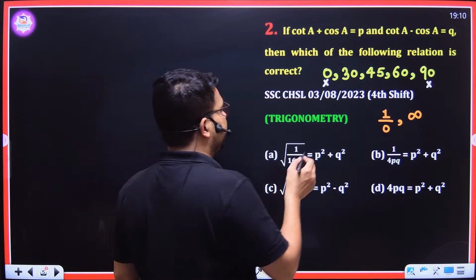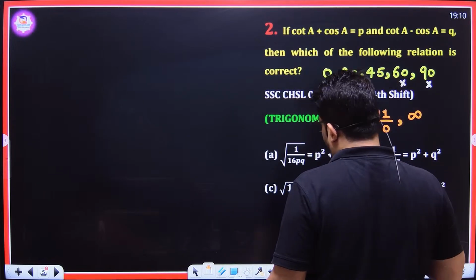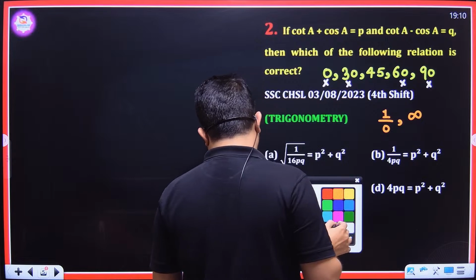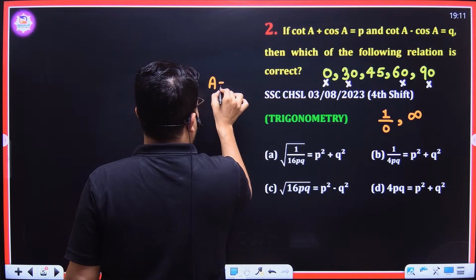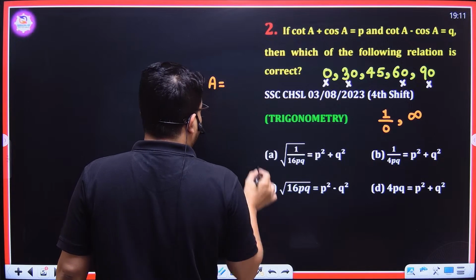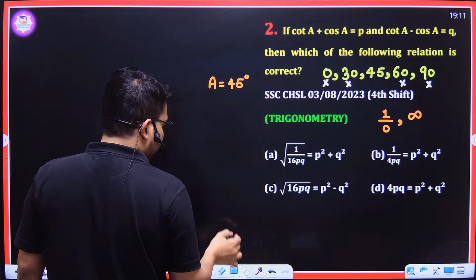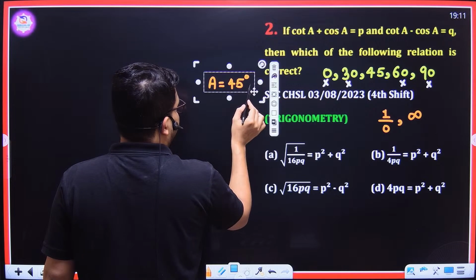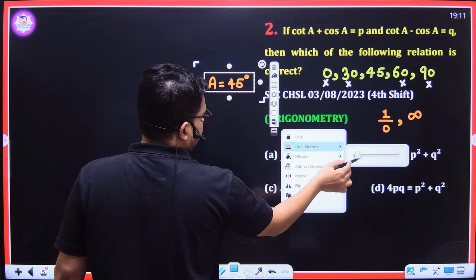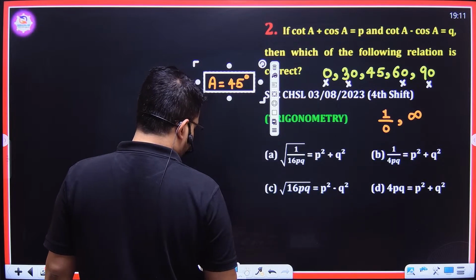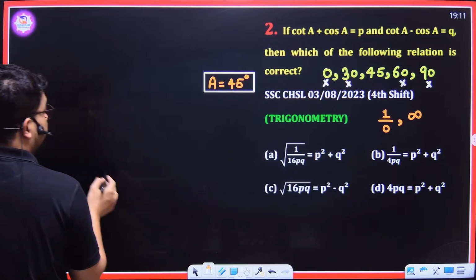So what will we use? We will use A equal to 45 degree, because if A equal to 45 degree, then cot 45 is equal to 1. First of all, I will let you know how you can put your values. I will put A equal to 45 degree. Now it is clear to you why I am using A equal to 45 degree. Now cot 45 is 1